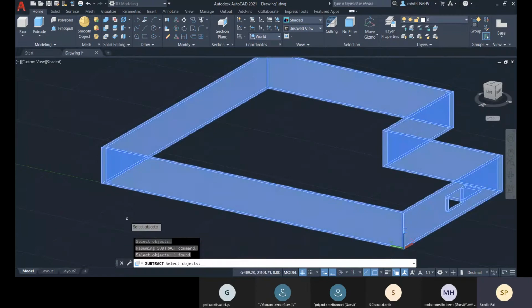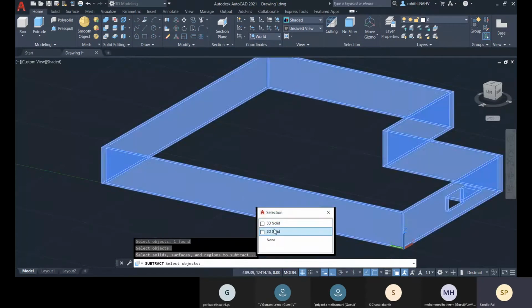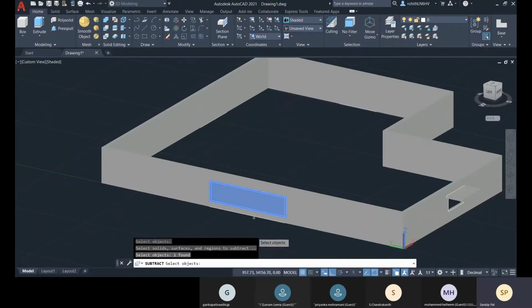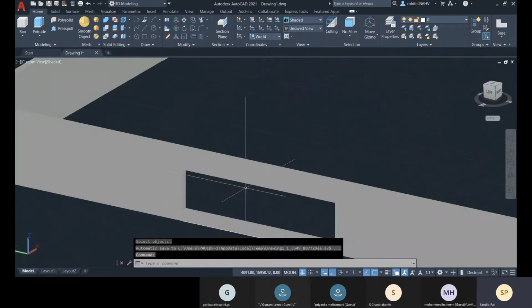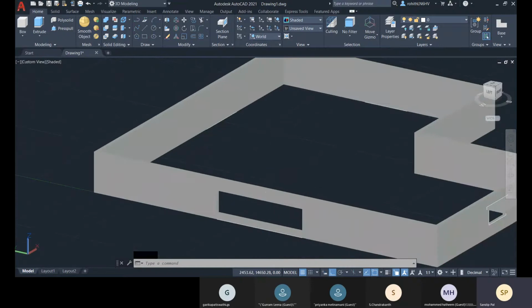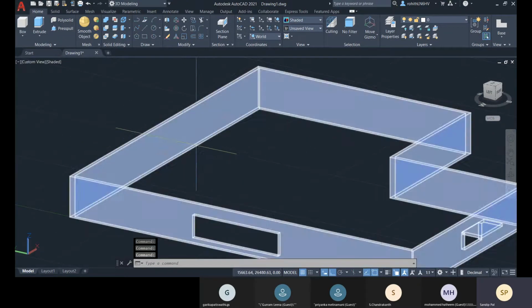I will select it, enter, and then you select the second object, that is your window. You select it and you press enter, and here you have subtracted this volume from the main volume of wall. Fine. So this is how you can do this also.